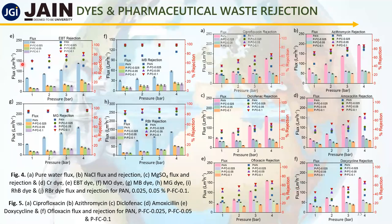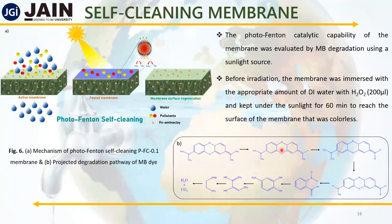Around 99% rejection, 99% rejection from cationic dyes and anionic dyes. When it comes to the pharmaceutical waste, we have got less than 90% rejection with different cationic, anionic, and neutral dyes. So from the